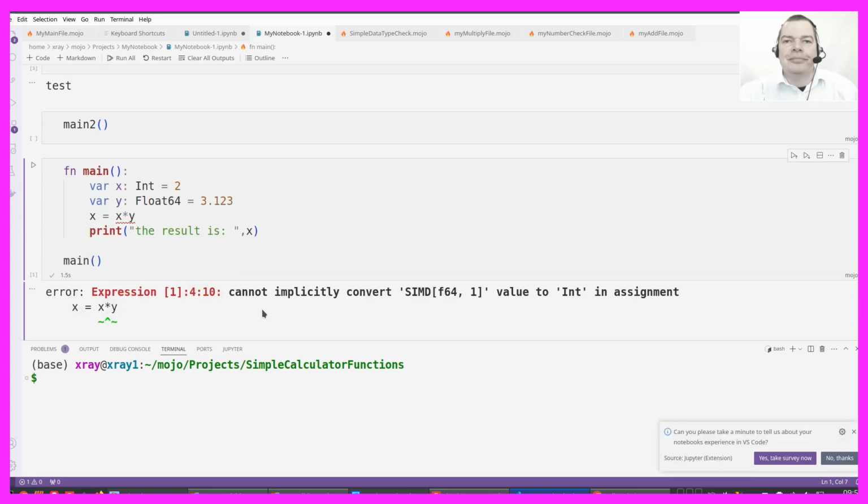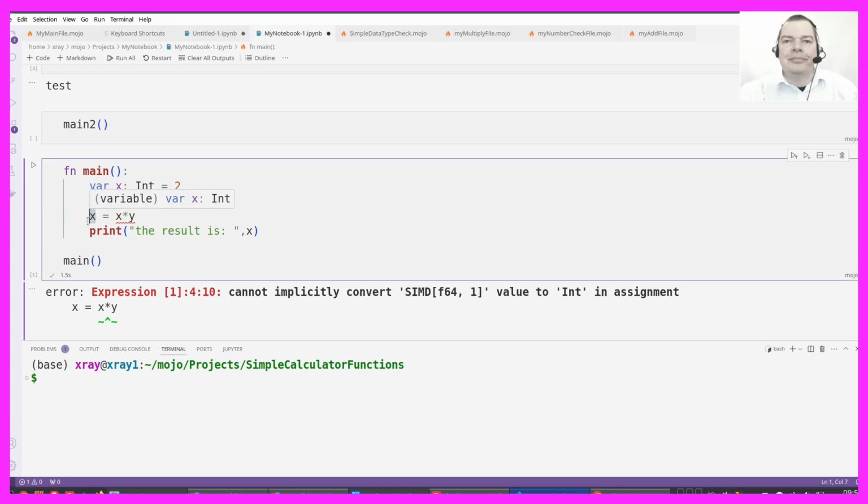And here we get a real error, which says that we cannot convert a floating type to an integer type. And that is because x is an integer and we try to assign the result of this calculation to the wrong data type.